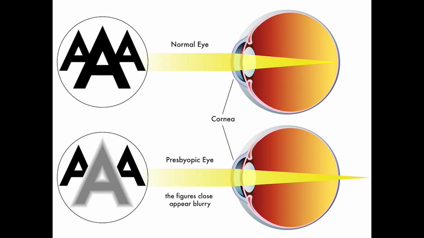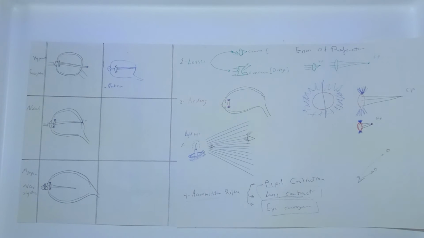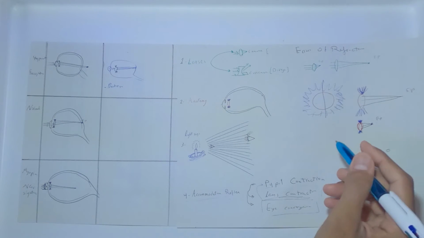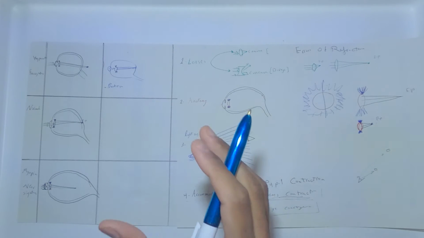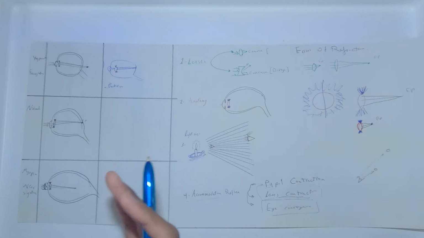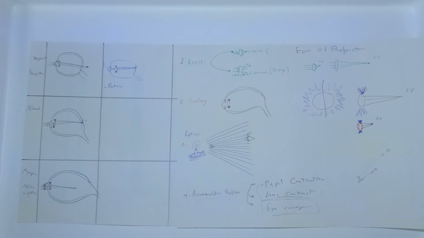The reason why it happens is because the ciliary muscles are fatigued, and the lens is getting more and more stiff, so it can no longer accommodate and can no longer focus on the objects that are close. That's why if you give a piece of paper or a newspaper to an old person and ask them to read it, they will put it far away from them so that they can read. Okay,